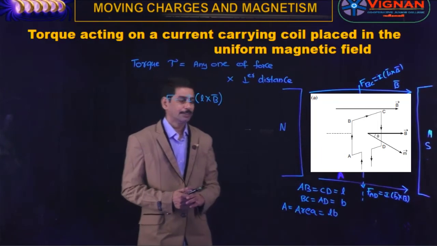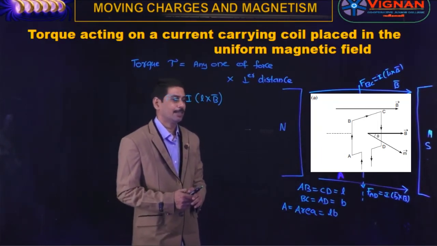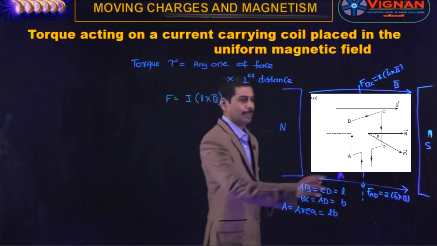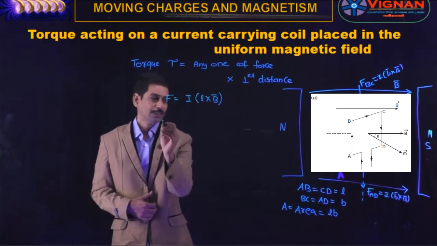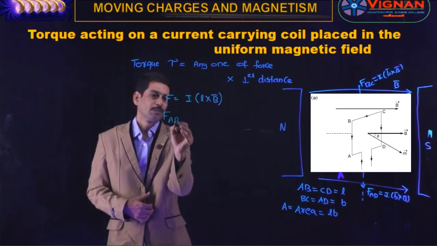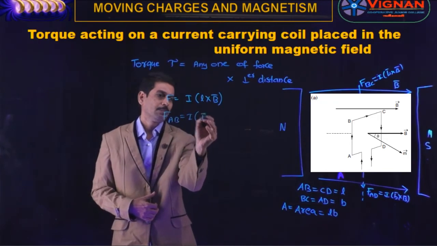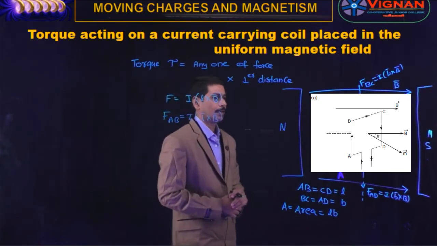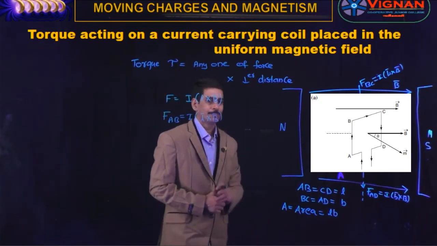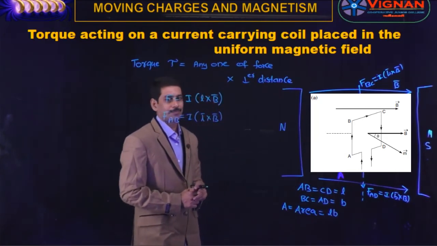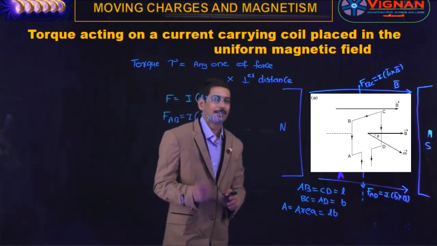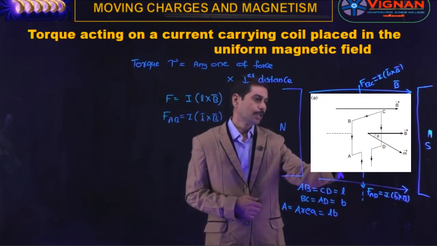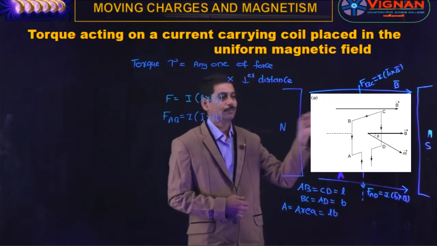So my students, now let us find the force acting on the side AB as well as the force acting on the side CD. So the force acting on AB: length AB is nothing but L. So you get F_AB is equal to I into L bar cross B bar, and this is the force acting on the wire on the side AB. And we know, once again by using Fleming's left hand rule, we can find the direction, and the direction of F_AB is such that it is acting at the midpoint P, perpendicularly outwards.